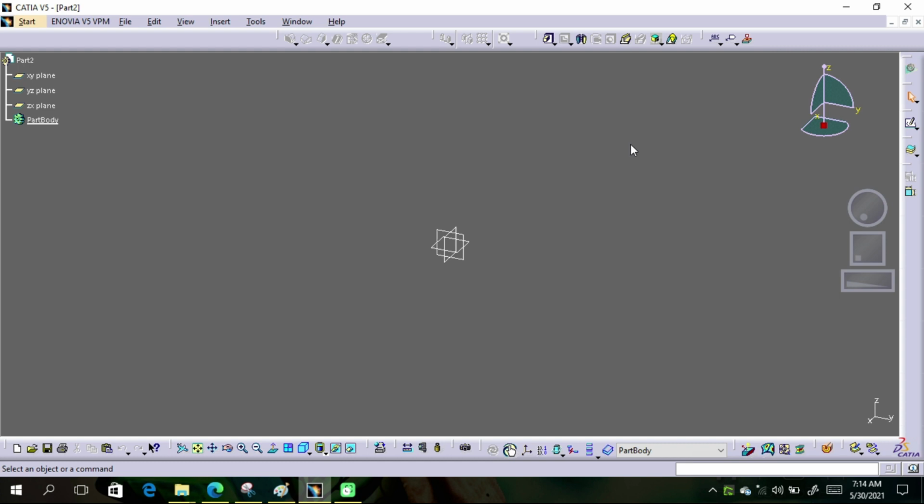You can see here lots of tools like other software, and a ribbon interface. This is a simple interface because we can customize the position of any toolbar. You will feel it is very easy when you slowly become familiar. Okay, in this workbench we have 3 planes, and we have to pick one plane to draw a sketch on that plane. So just pick the XY plane and click on the sketch button.